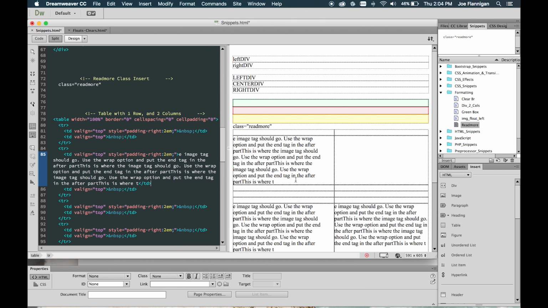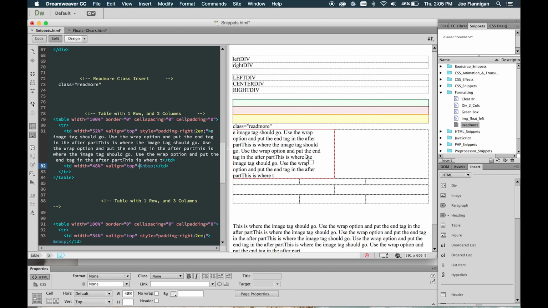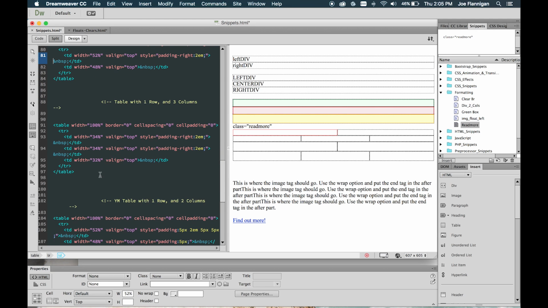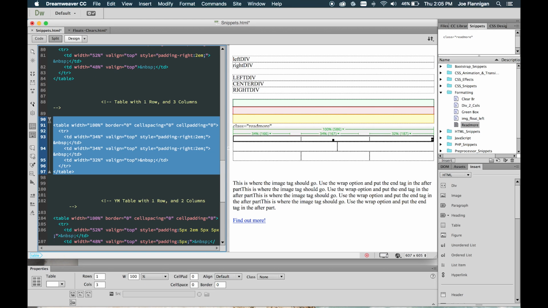So if I'm going in there and pasting, it's all still got that padding in there from creating that first one. Now to go back and clear all this out, that is the exact same thing we did with this table with 1 row and 3 columns. It's just done to a different amount of percentages. So in this case, what we've got is 100% wide, no padding, no spacing, no border, but the first 2 columns are 34% and the last one is 32